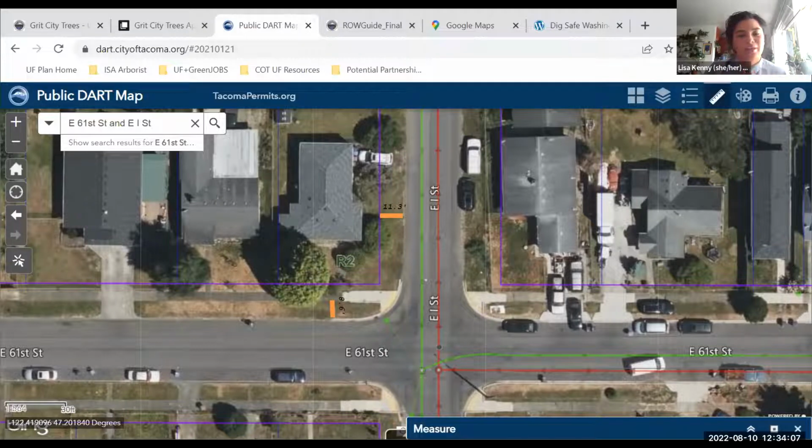You probably don't want that. Let's just locate your utilities. It's also a Washington state law that you have to call 811 and get your utilities located if you're going to be digging. So how you do that is you can call 811, but I recently called and they actually